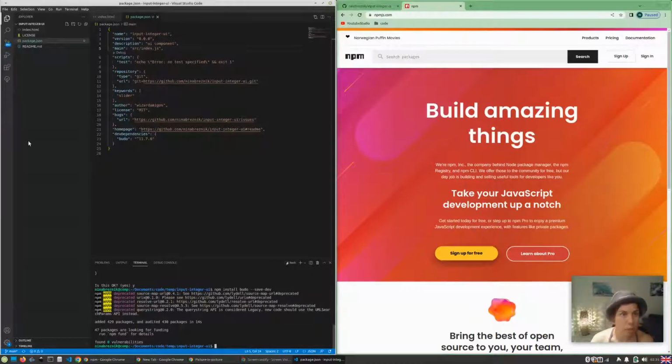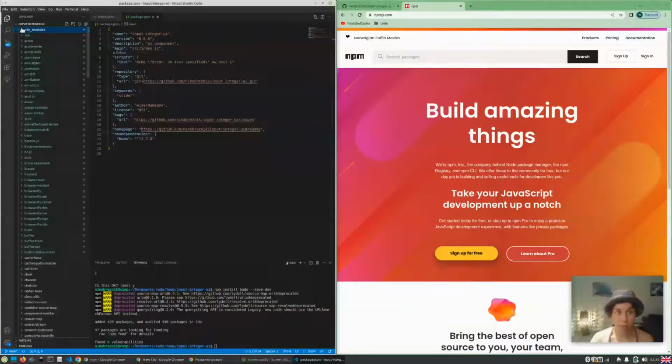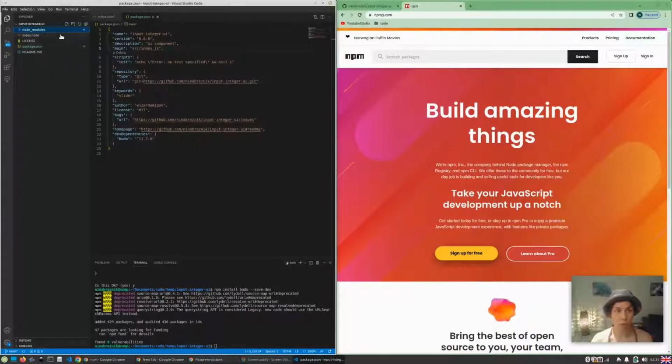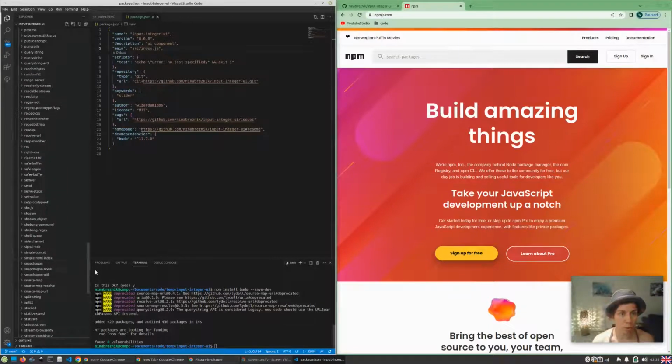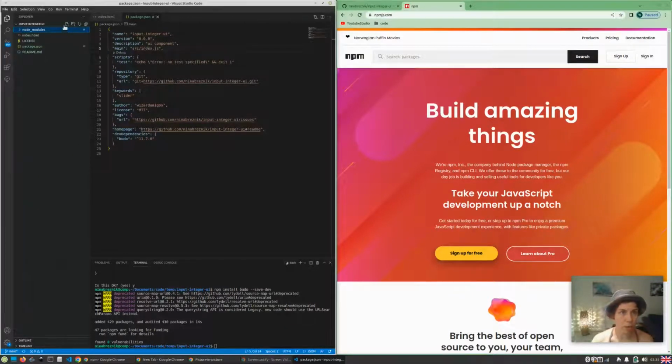So let's see. Maybe I have to refresh. Yes, node_modules are here. But because this is quite a lot of modules, we don't want to push this to GitHub. So we're going to create one new file. Sorry. Not inside of the node_modules, but in the root of our folder. So I have to go out here and say new file